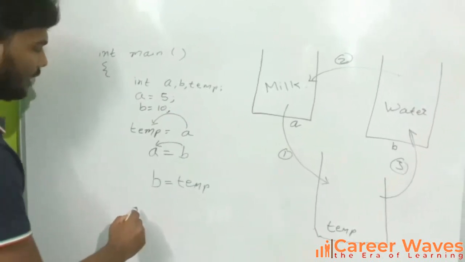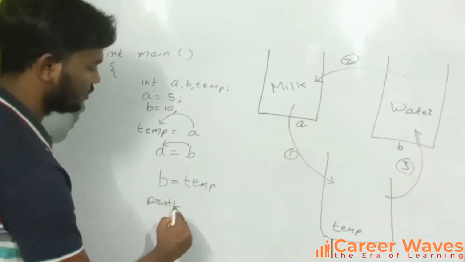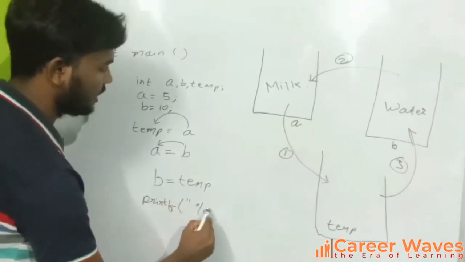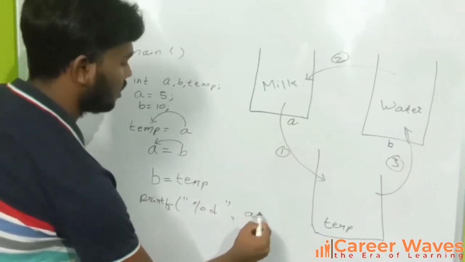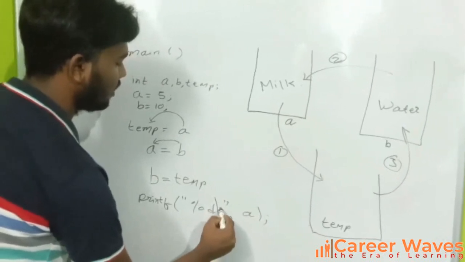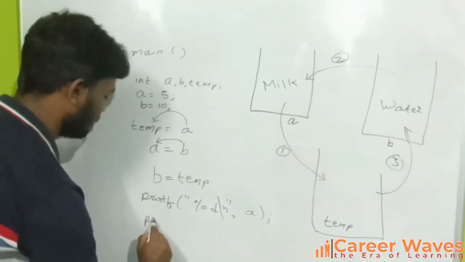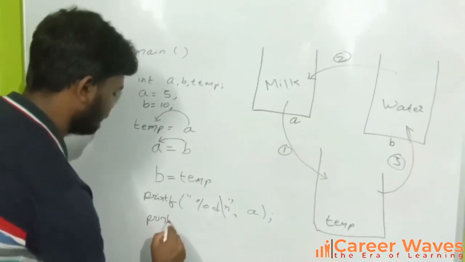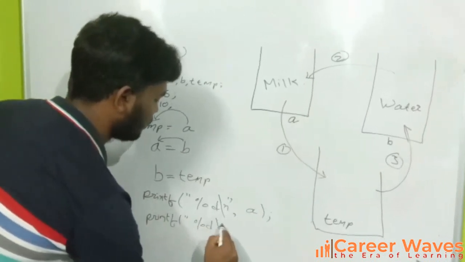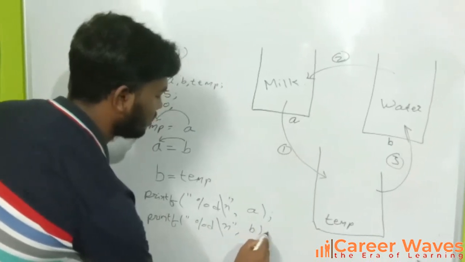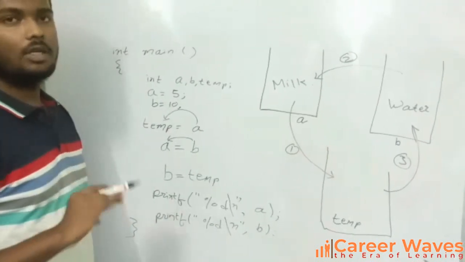And finally we can print here, printf with %d, since we are printing an integer value. Let us say we want to print a. Let us say we want the next value on a new line, so we'll give \n, and for the other, printf %d \n b. And enter this program. So will this program run? No, this program will not run.